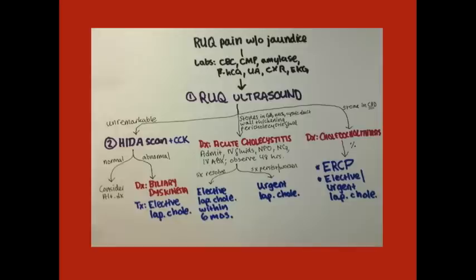to prevent complications. So we give them IV antibiotics, broad spectrum, and we observe them, admit them. After 48 hours, if their symptoms have resolved, they can get a cholecystectomy on an elective basis within the next 6 months. That having been said, it's preferable to have the patient get their gallbladder taken out during the same visit, because what happens if you